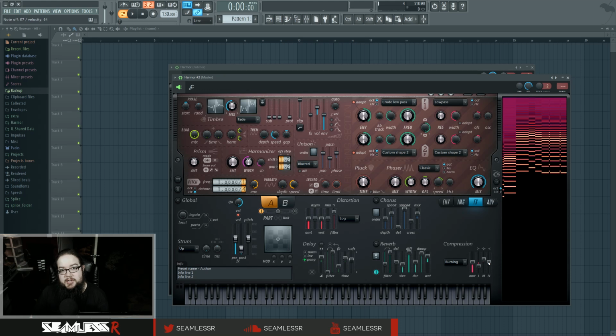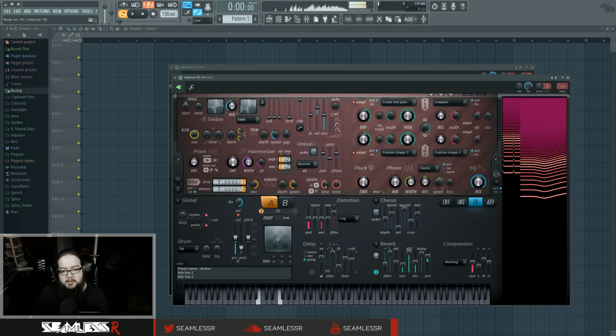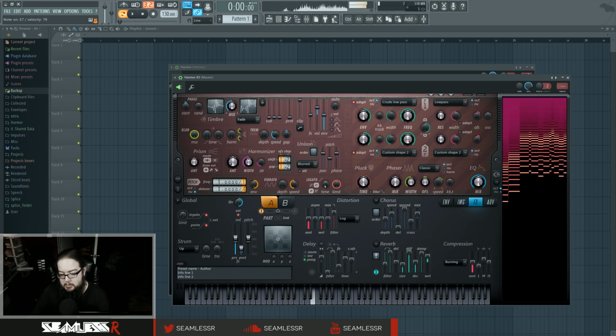Now, the rest of it is what you do with the pitching. A lot of trap these days will have a lot of just weird pitch movement. And there are two ways to do that. You can either do it automatically through the use of legato and portamento, or you can manually automate the pitch. For some of them, I would lean towards manual automation, because you get the best of both worlds. When you do legato, especially inside Harmor, you can alter how long it takes for it to glide. So if you want fast, trilling notes, that's a short time, but if you have a long time,